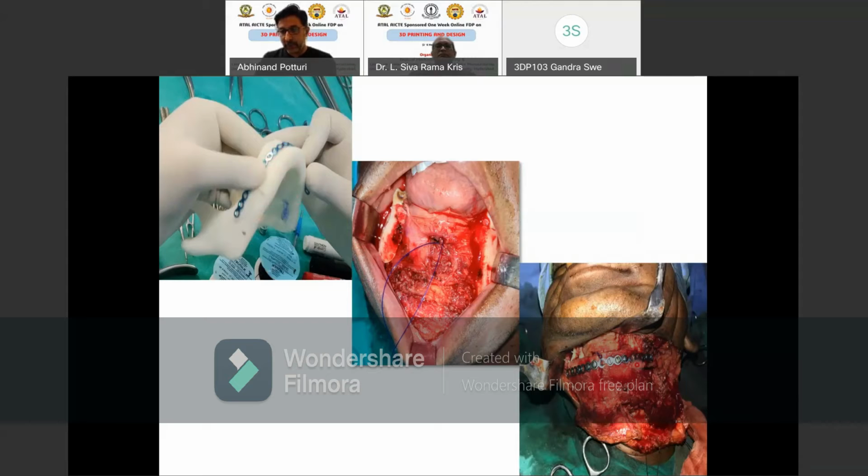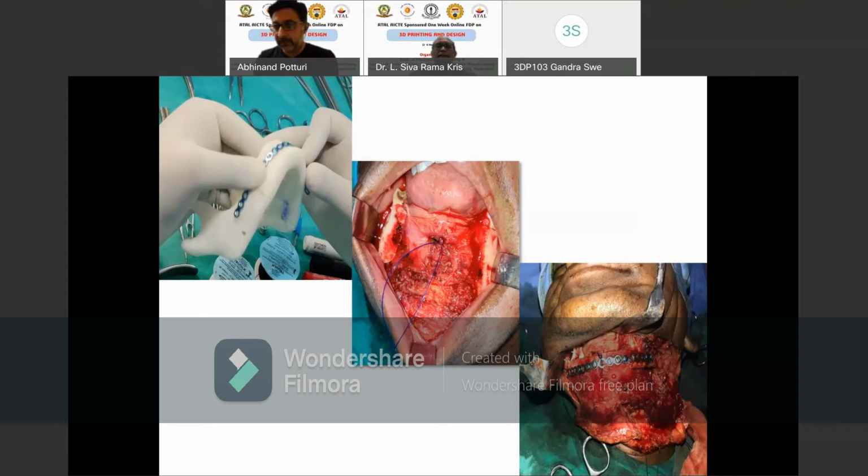You can see this cut portion cut into multiple pieces, and then it is fixed onto this pre-formed, pre-shaped lower jaw plate. And then we will fix this to the remaining part of the jaw, and then you see how beautifully this entire shape of the lower jaw is replicated. Here you see there is no lower jaw at all, and here the lower jaw has been put back. This lower jaw is nothing but the bone which is taken from the patient's leg.